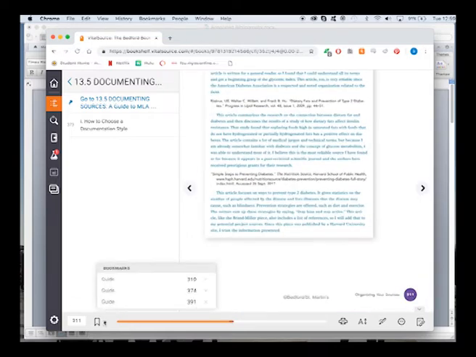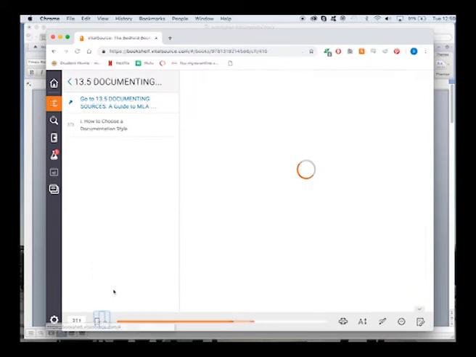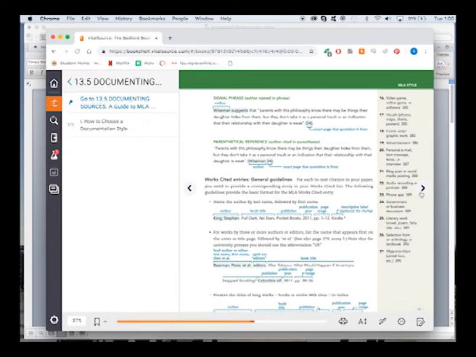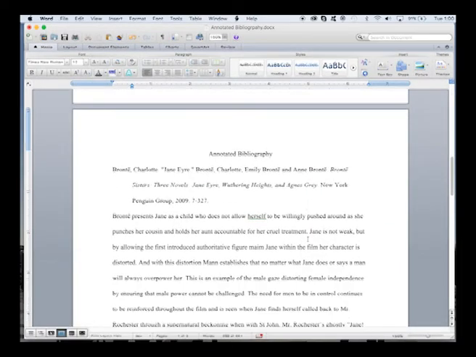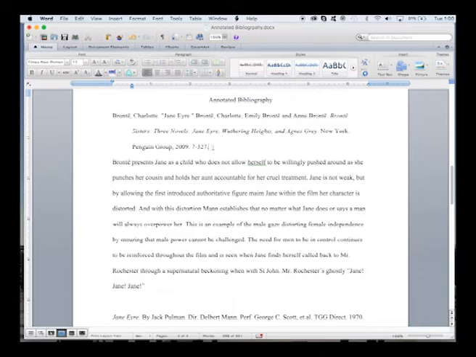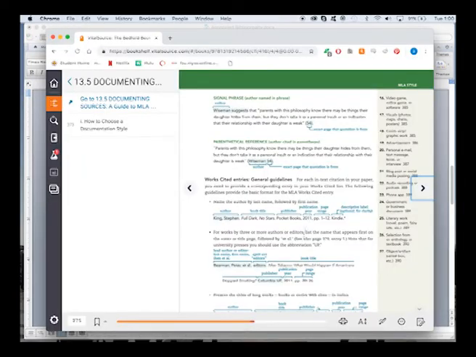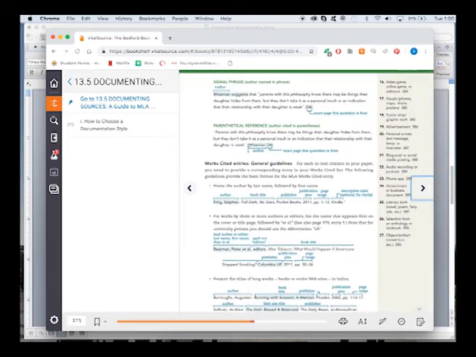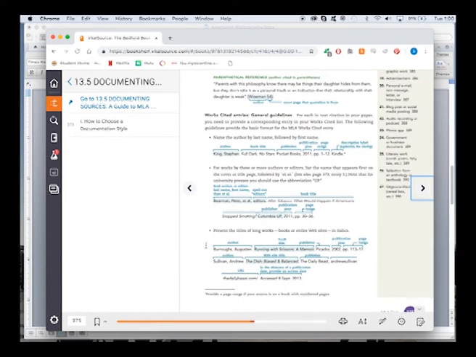But to look specifically at different citations, we could go to page 374, and this will break down all the different MLA style citation works for in-text and also works cited. And so when you write your annotated bibliography, as you can see in the example we've been working on, this citation is the same citation you would see in a works cited for MLA or a reference page for APA. So they give us different examples of how to handle in-text citation,